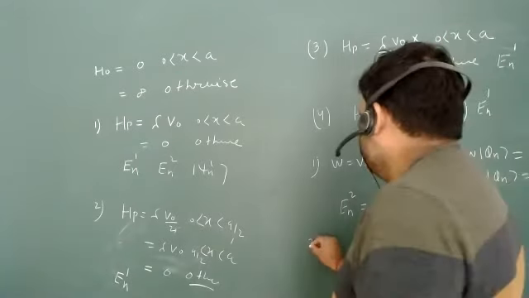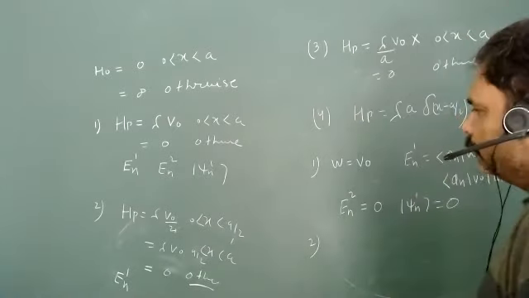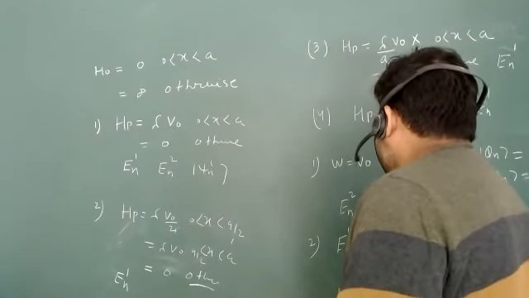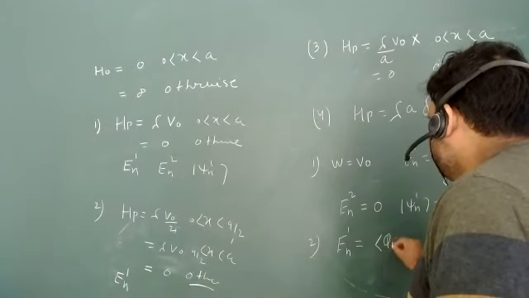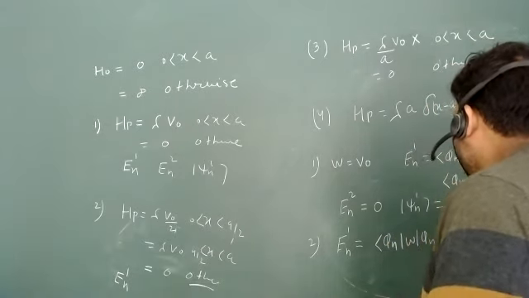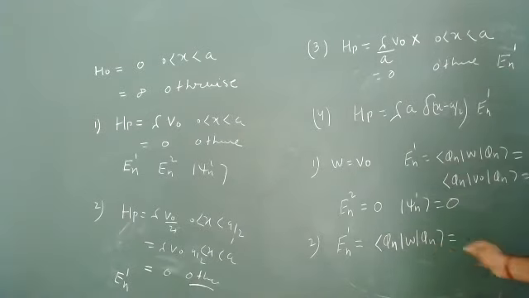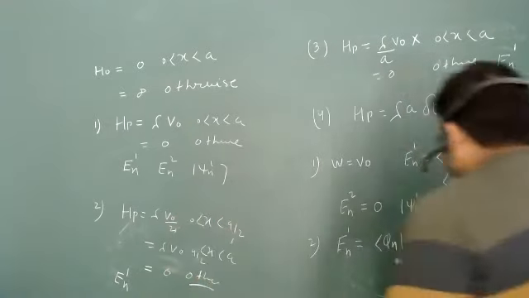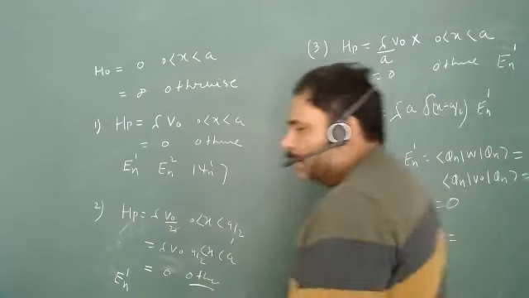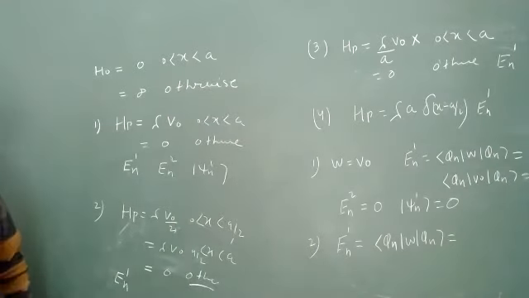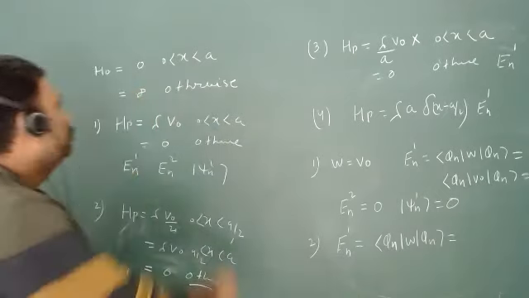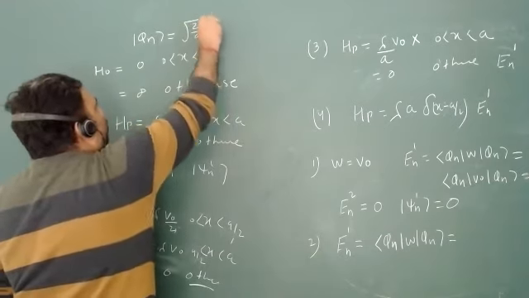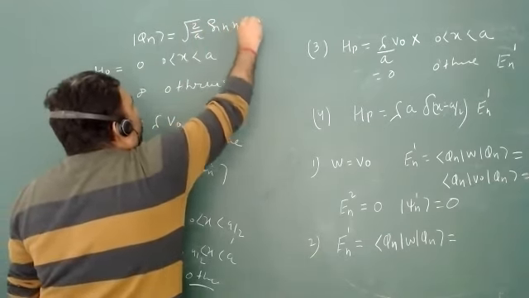Okay. Let's go for the second question. For the second one, we have to calculate En1. So we have to go for phi n W phi n, and now we have to go into the integration form. I have to write this because they are divided into two parts. By the way, what is phi n here? Root of 2 by a. Yes, phi n is given by root under 2 by a sine n pi x upon a,